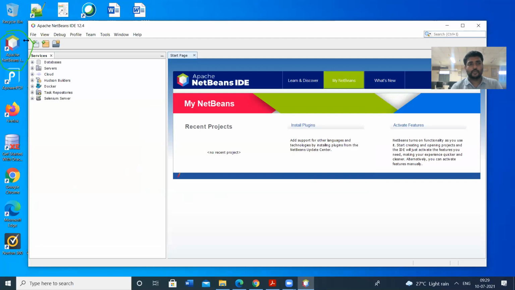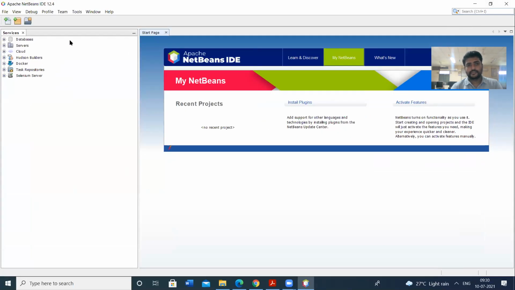So this is the opening page of the NetBeans IDE. This is how the page will open. So here see the things.